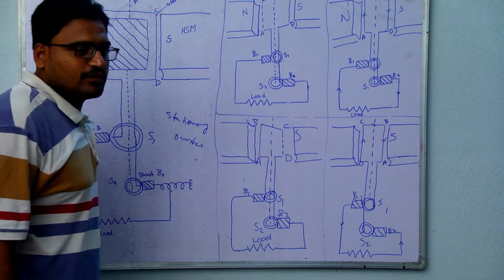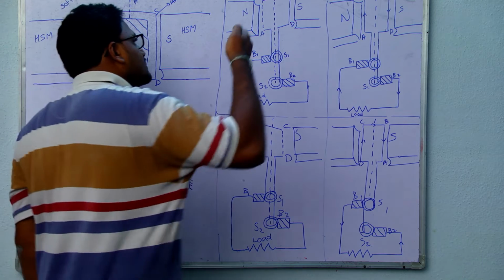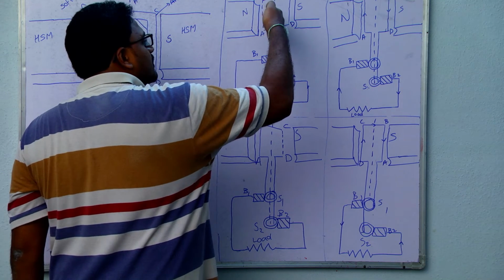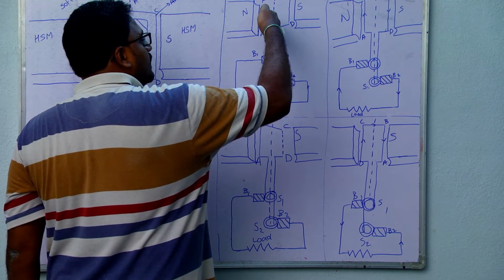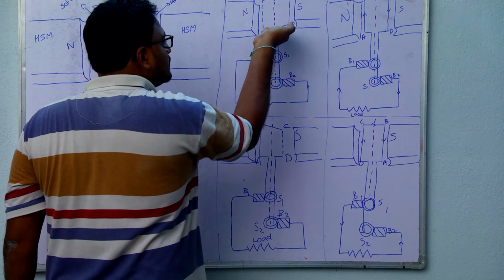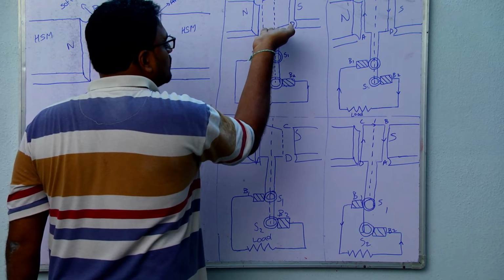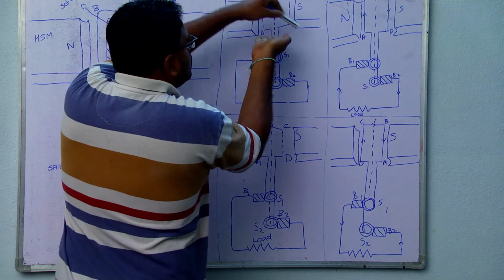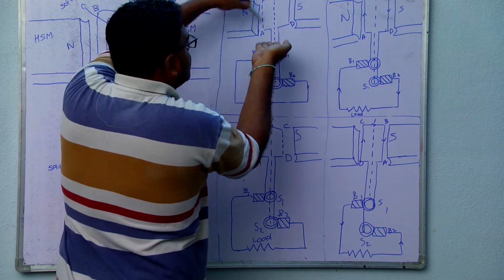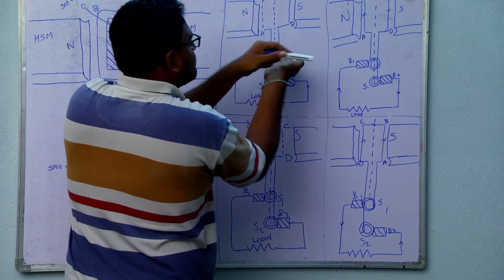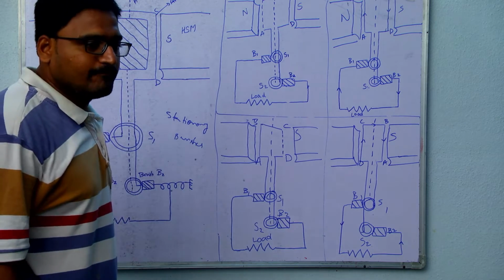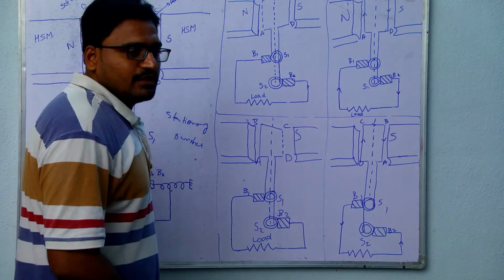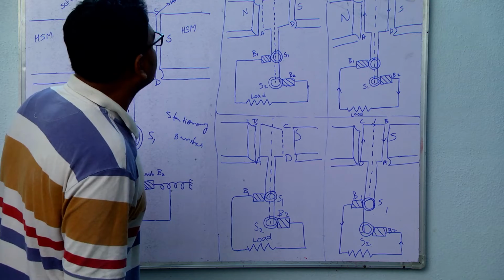So that is the point you have to keep in mind. Initially, when it is normal, the maximum number of magnetic field lines pass through the coil. By rotating, it may come to this position, where it is parallel to the magnetic field. Then through this area of the coil, no magnetic field lines will pass, when it is parallel to the magnetic field. So keep that point in mind.